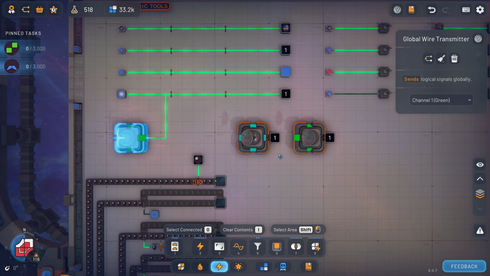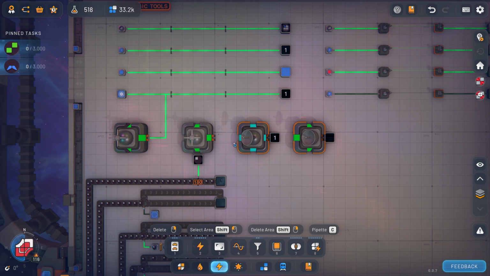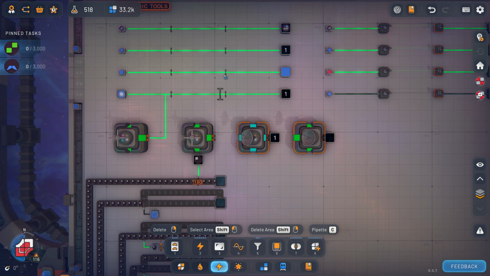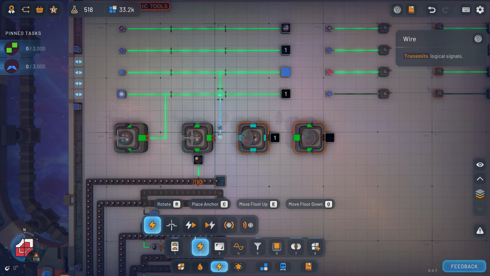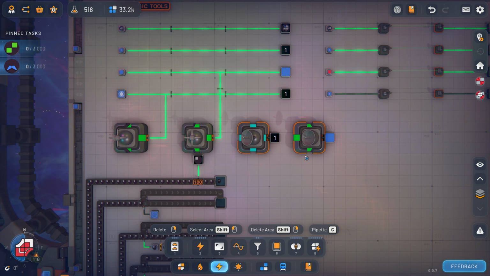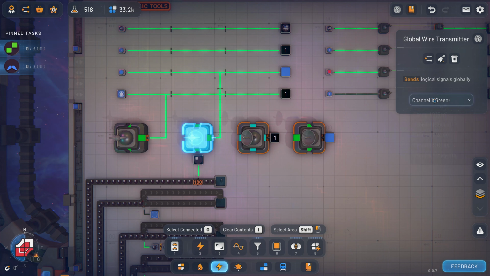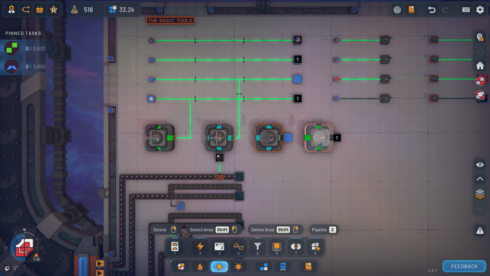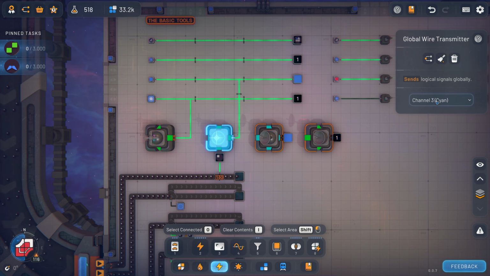I don't know if this is a bug or if this is wanted. It is a kind of weird behavior I noticed, because if I put down another receiver and transmit in this case a blue color, so let's take the blue in there, and if I put this to cyan also, this one will become blue, but this one switches back to the 1. This is green. Now if I put this one on green,